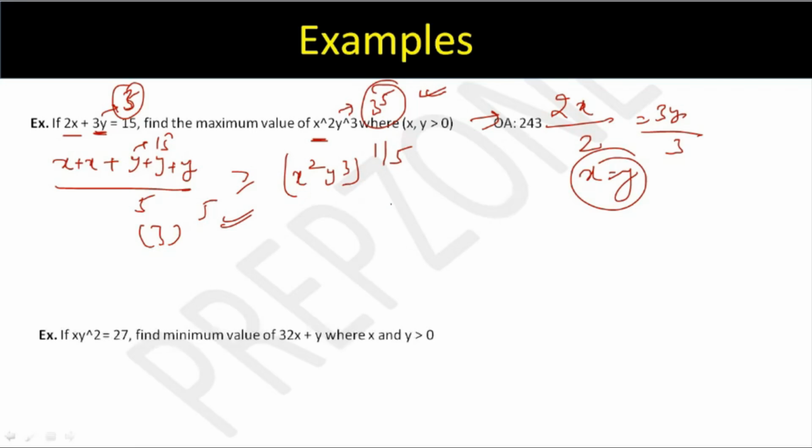Solve this. Product is given, sum is minimum. You could have only applied this because the variables are positive. Here also variables are positive. You need y square here. Break this into y by 2 and y by 2. Apply AM-GM. You'll get your answer as